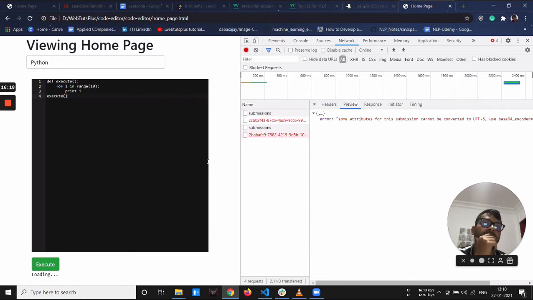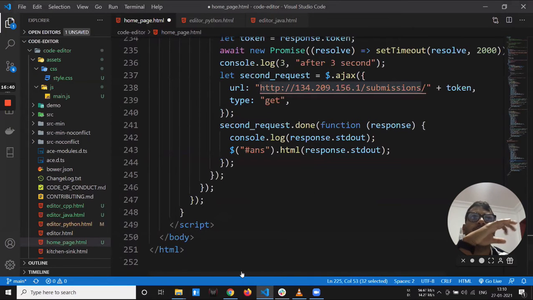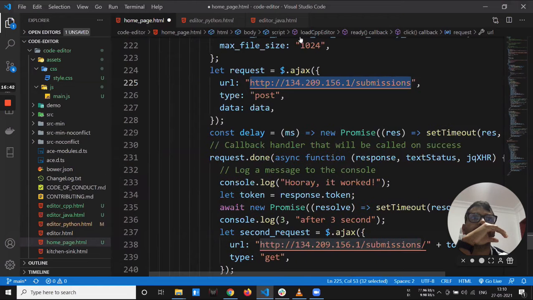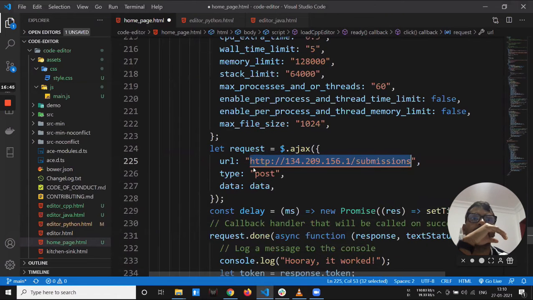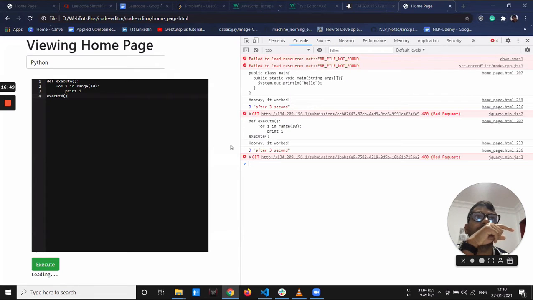Okay, so maybe we can print what we are sending here and what we sent in the previous case. When you click execute, just print what you are sending to the API. Or you can even see it in the browser console. Go back to the browser, Chrome, and click the submission.